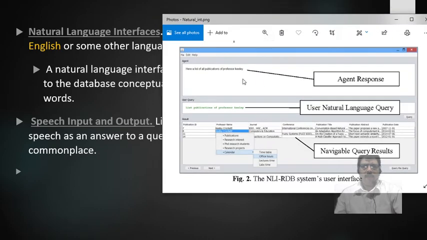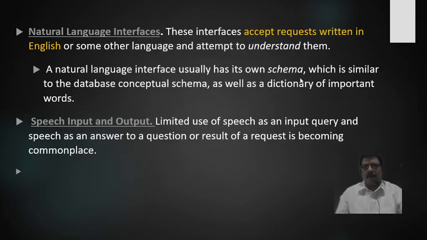Here I have picked one example of the natural language interface. Text data is given as a query, similar to the database conceptual schema, where we are writing the query command, we are writing select star from employee or select star from student. Like that, the codes are written, and such interfaces are called natural language interfaces.